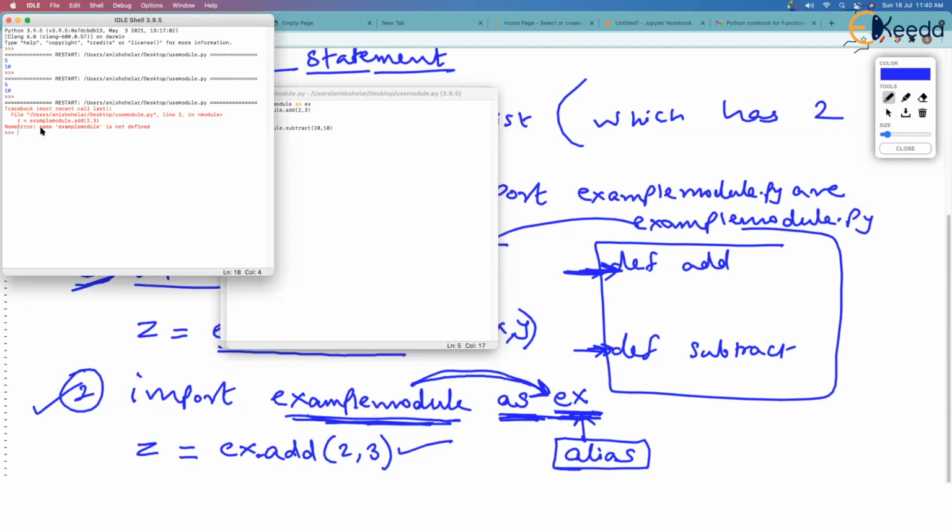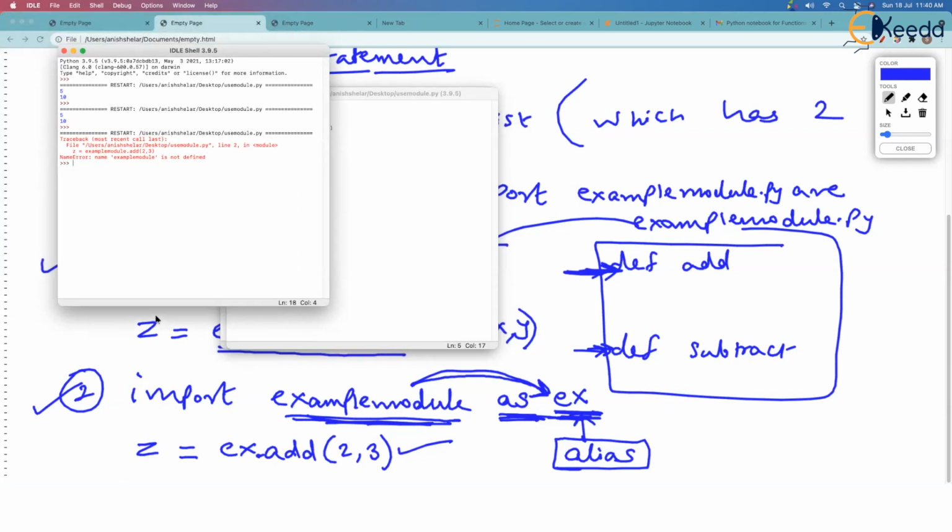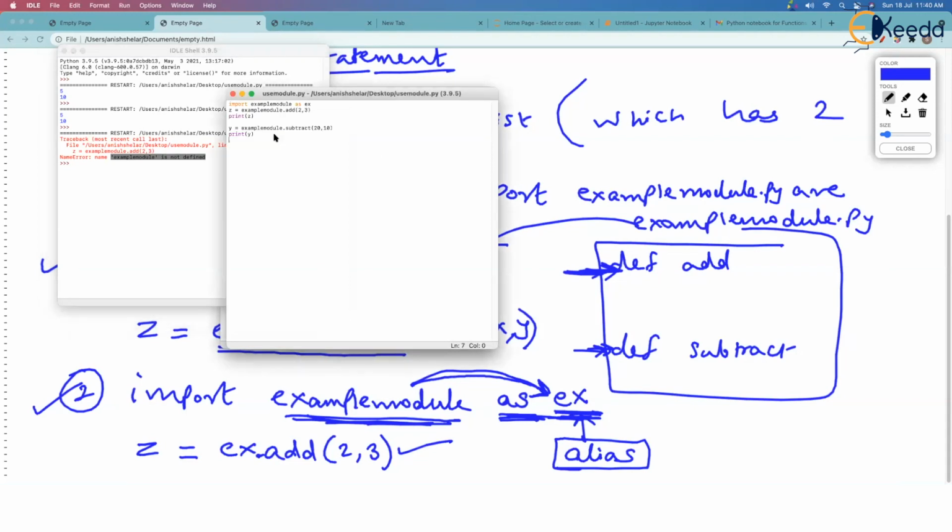See the last line of the error. Just check the last line. It says example module is not defined. Just check the error. Be careful. If you are calling example module as ex, now you don't use the actual name.